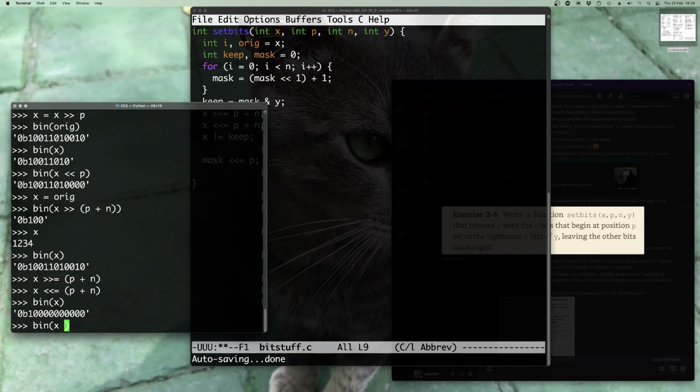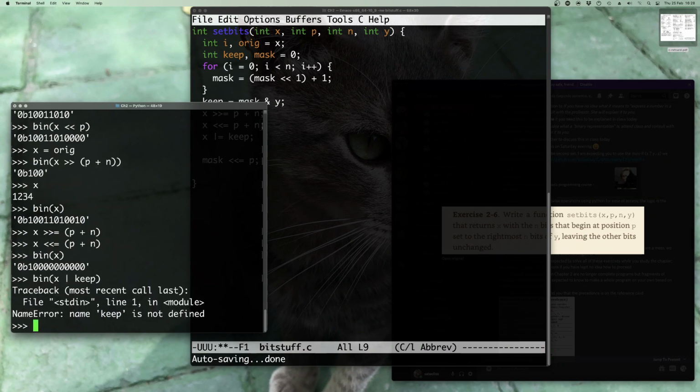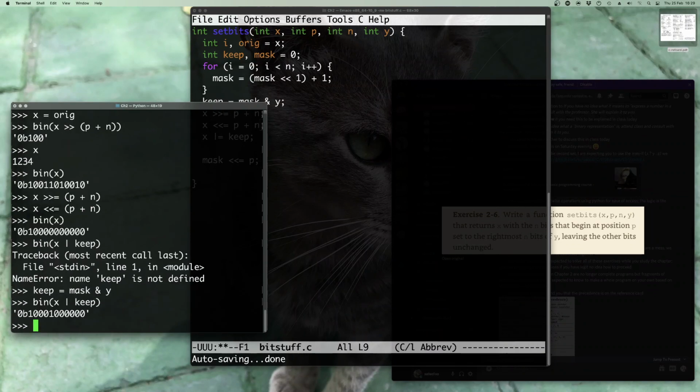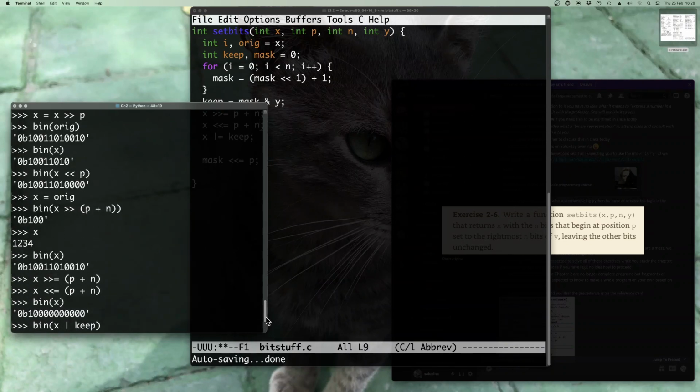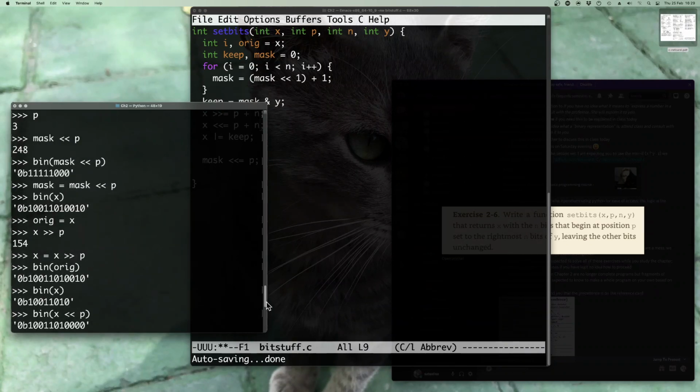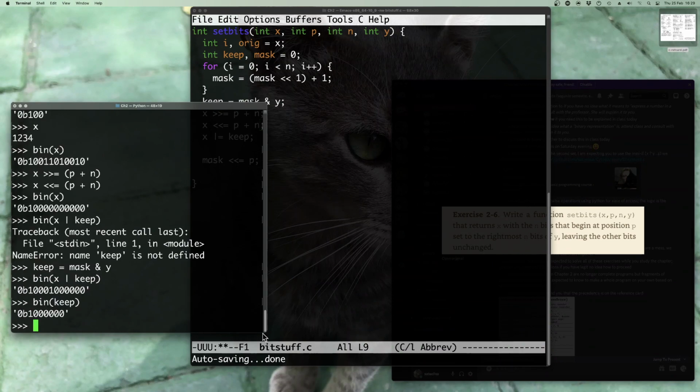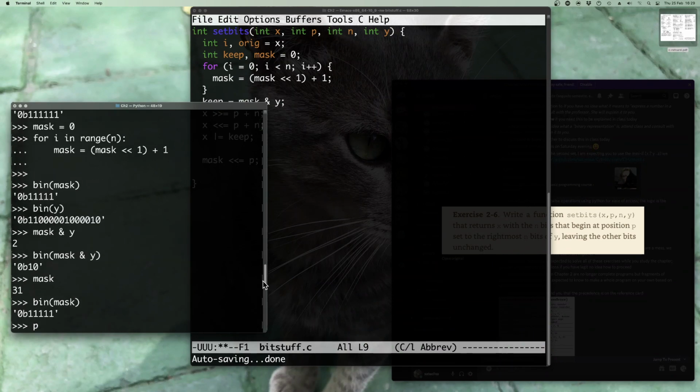Now we could make an OR with that and the keep. We never stored keep here. Keep was supposed to be the AND of mask and Y. Going back a little bit to check this. Oh, but we changed the mask. We changed the mask. The keeps are not the correct ones anymore. Let's go back to the original mask. So the original mask was